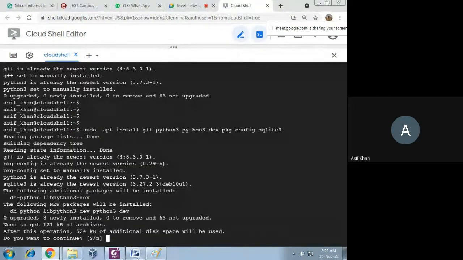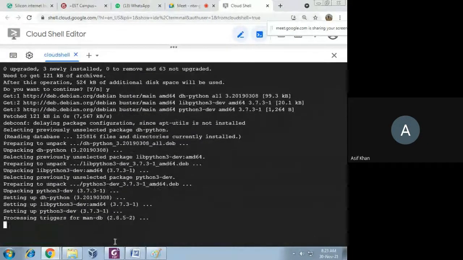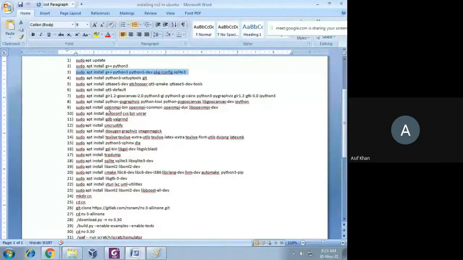It will ask you, do you want to continue? Then you just press Y and then press enter. You see that this is installed. Like this you have to install all these packages.